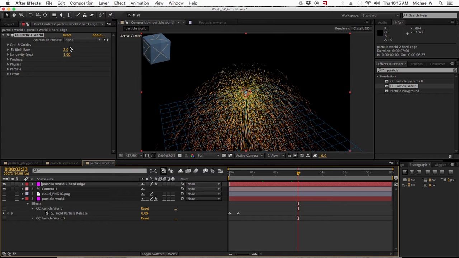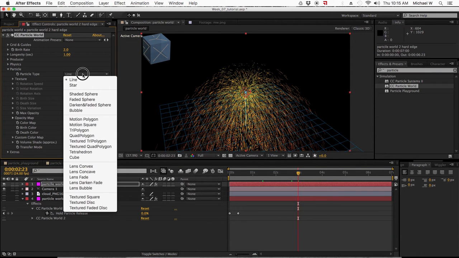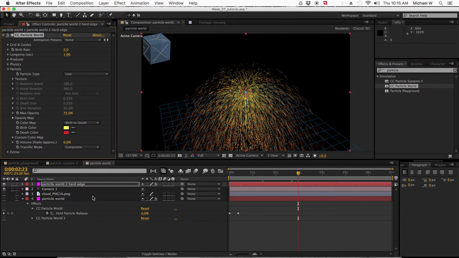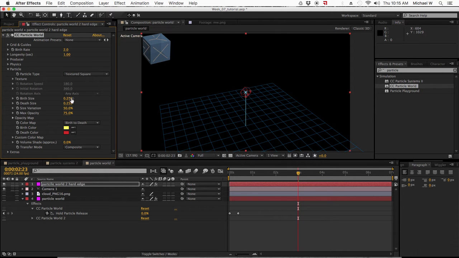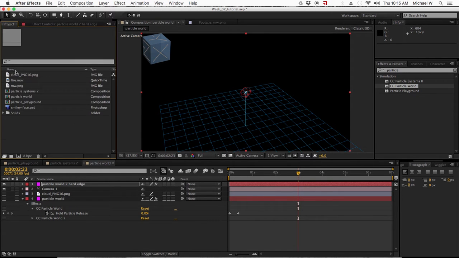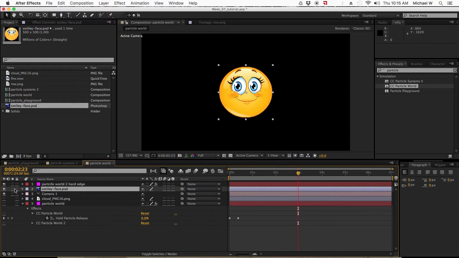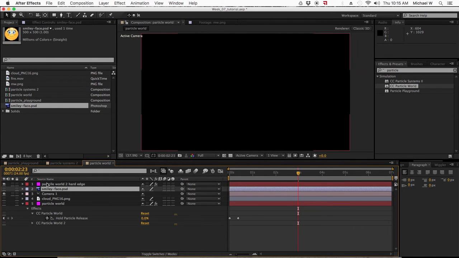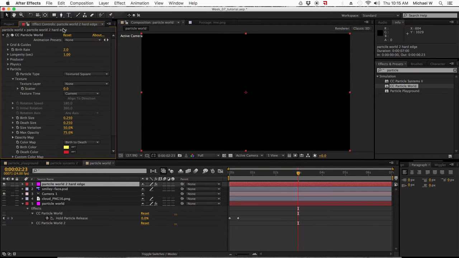Now, when I change my particle to a textured square, last time I used faded disks, there's no hard lines. Texture square, we're going to make the texture right here, underneath texture. We're going to use the smiley face that we used in class, and my smiley face is right here. Put in the scene, turn it off with the eye icon right here on the left. Go back to my particle, use my smiley face right here,